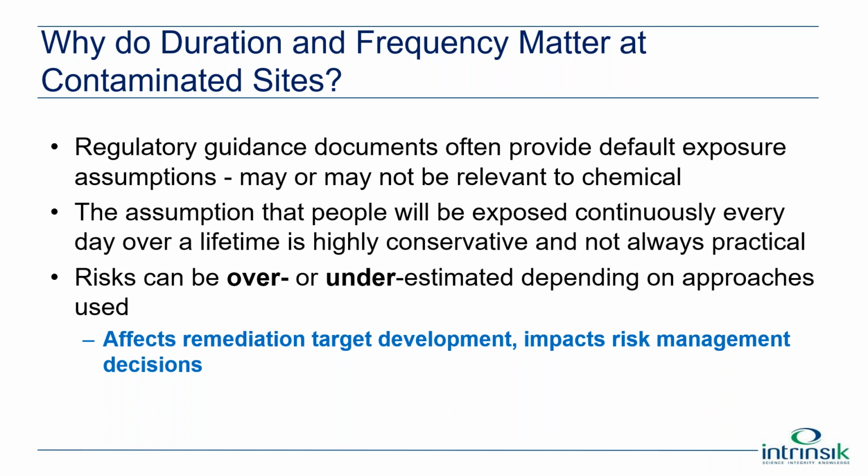And those may or may not be relevant to the chemical you're looking at, or even the exposure scenario you're looking at. For things like an accidental release, or an exposure that a contractor or a site remediation specialist might get while they're on site, might be quite different than what a resident would get who could be living there on a day-to-day basis and being regularly exposed. Those types of assessments take different types of toxicity limits, or they should, because they're quite different in terms of the overall duration and how often a person could be exposed. And risks can be over or underestimated depending on the approaches that you use. And this can have a pretty notable effect on the development of remediation targets and risk management decisions.